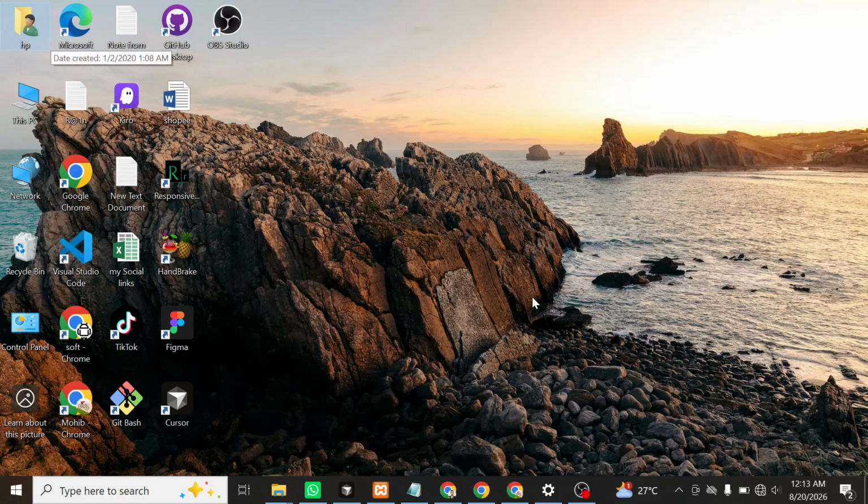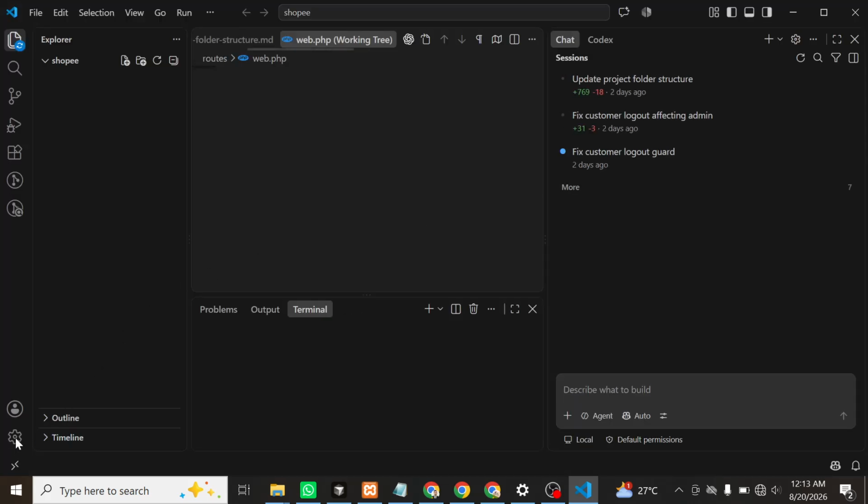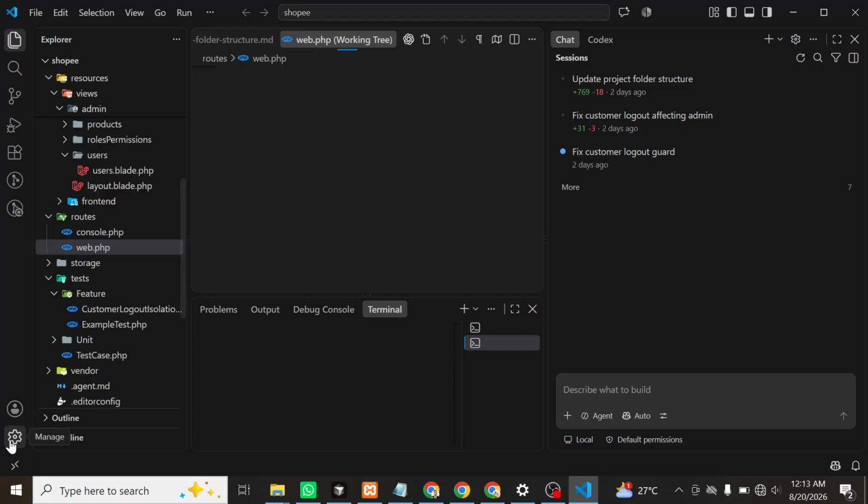Hello guys. Now I'm going to tell you how you can import your VS Code settings to Cursor. If you are a VS Code user, you have set up all your VS Code settings, like click settings, after delay settings, auto save settings, any type of setting you have done in VS Code, and